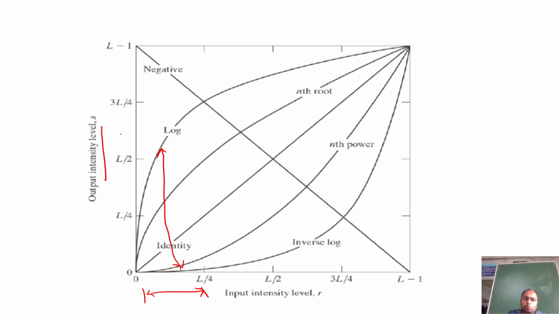On the x-axis is the input intensity, and on the y-axis is the output intensity. So darker input intensities have been mapped to brighter intensities on the output image.